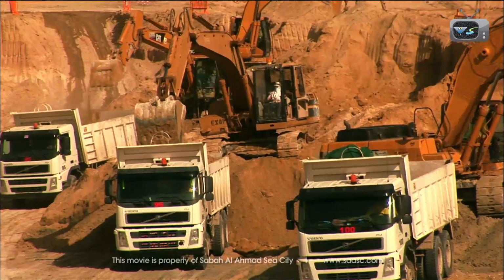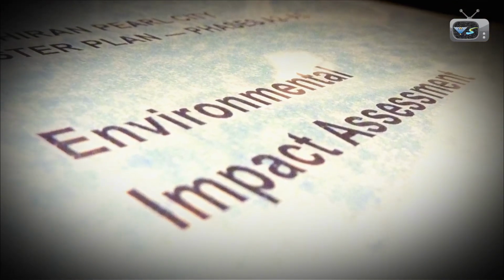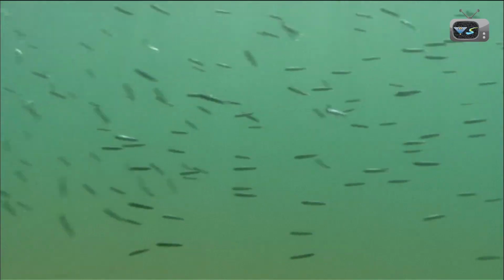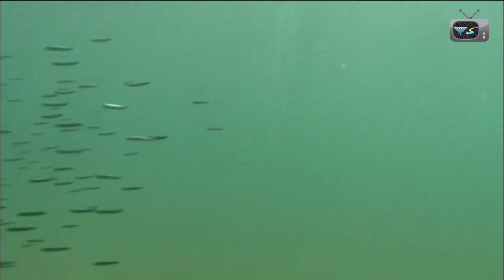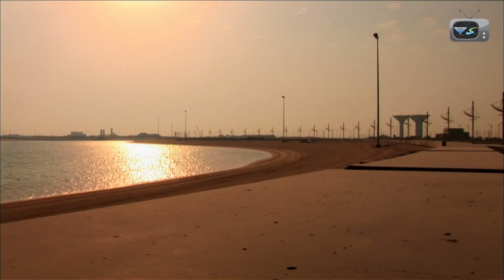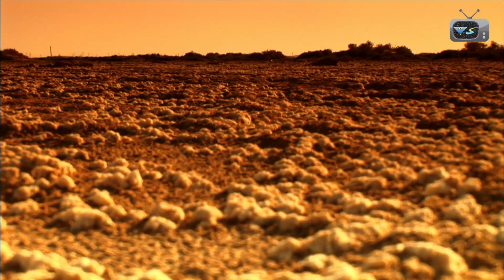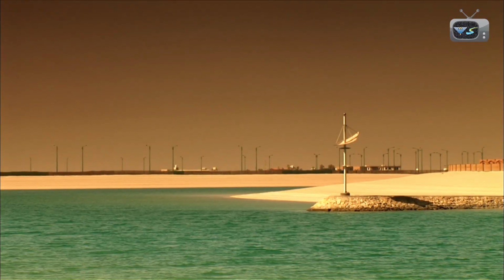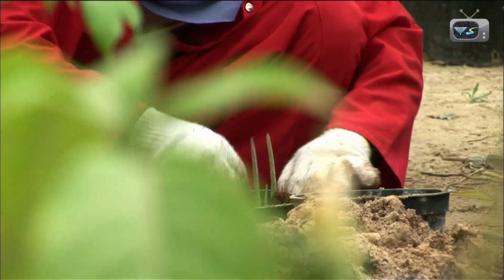This is the project's governing document, the Environmental Impact Assessment. Written by independent experts, it minimizes the impact on the existing ecology while creating a brand new marine environment in an environmentally impoverished area. A key element of the city's green ambition is found here in this nursery, where these